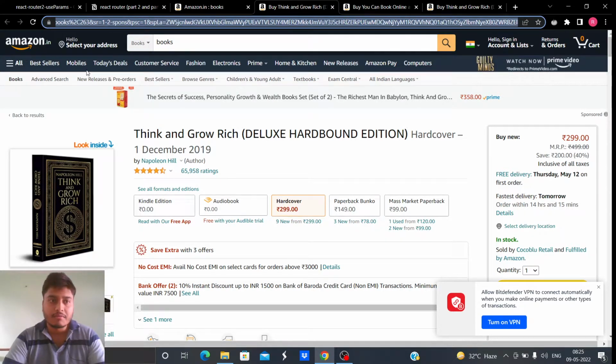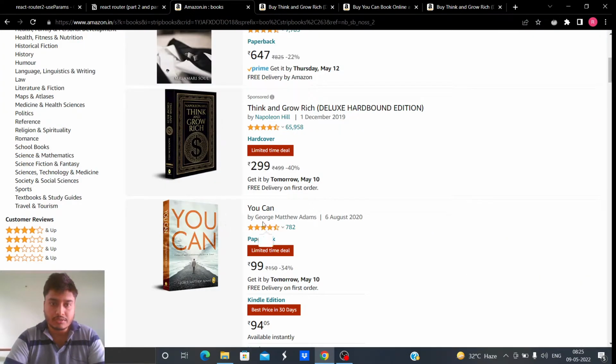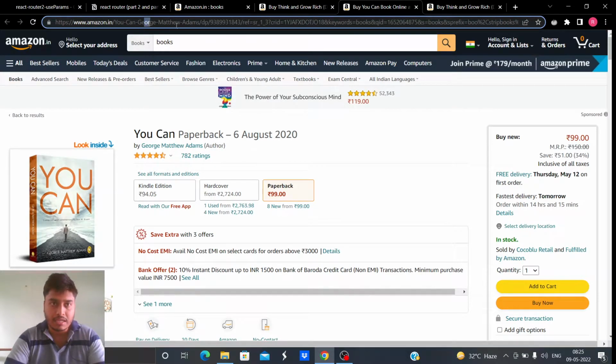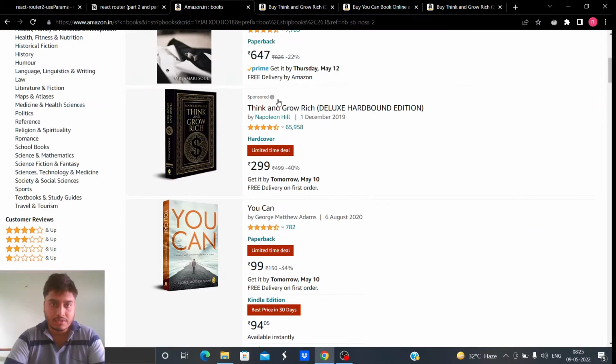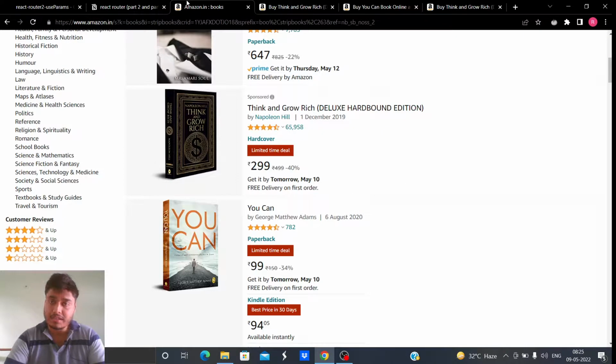But that is too much work. If the user clicks on this book, he must go to a separate route and display this information. If the user clicks on another book, he must go to that route. If we have 50,000 books, we have to make 50,000 routes. That's kind of an impossible task.